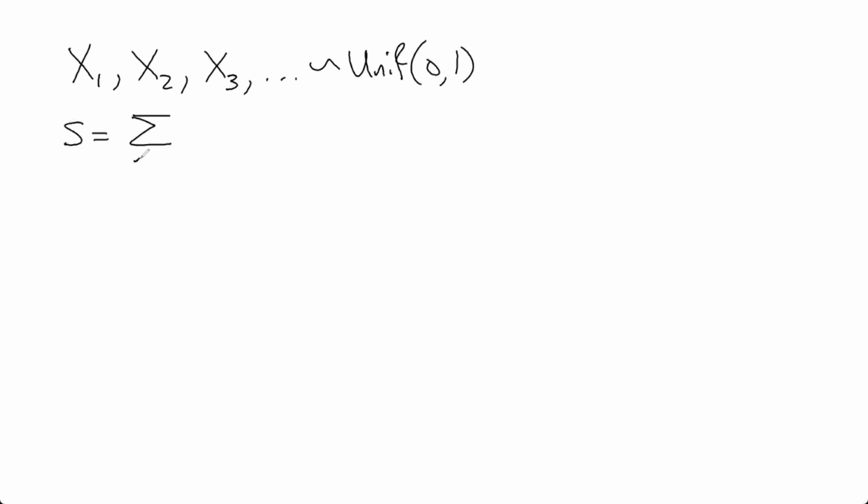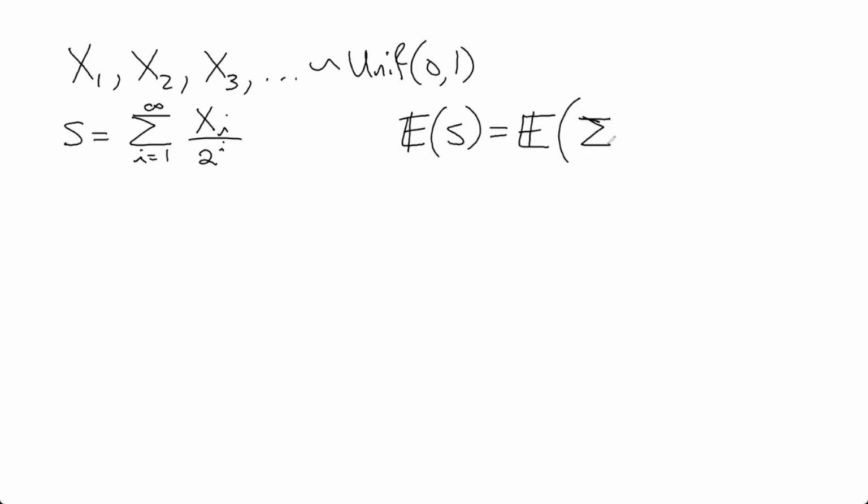Suppose I have an infinite sequence of random variables that are taken from the uniform 0, 1 distribution. And I'll define S as the random variable given by the infinite sum of each of these variables divided by 2 to the i. If I wanted to find the expected value of this sum, it would be simple, because I can write S as the sum,